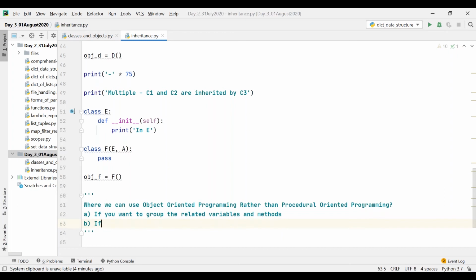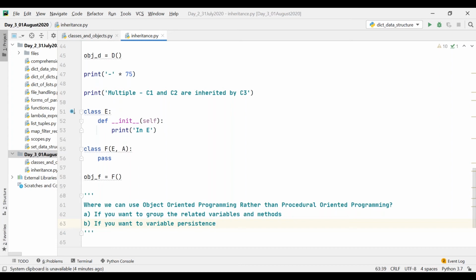Second, if you want to have variable persistence, that is within the class you can modify the value in any method. It is not required to use global, or to use a return statement within the class. If you say self.some_variable equals something, that variable can be used across the methods within the class.